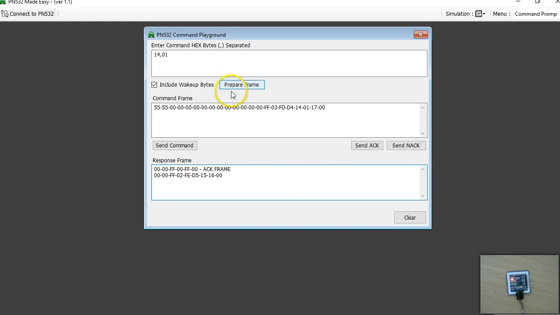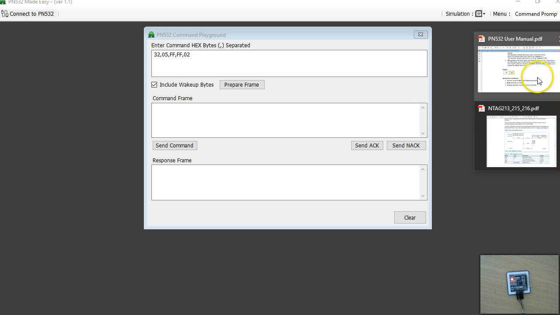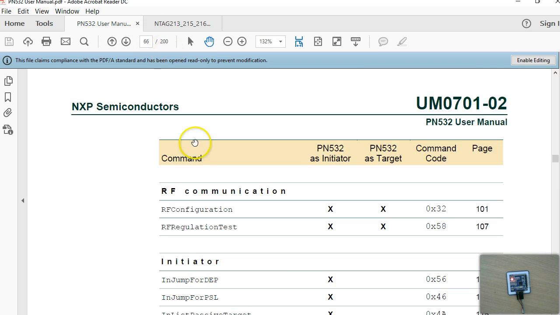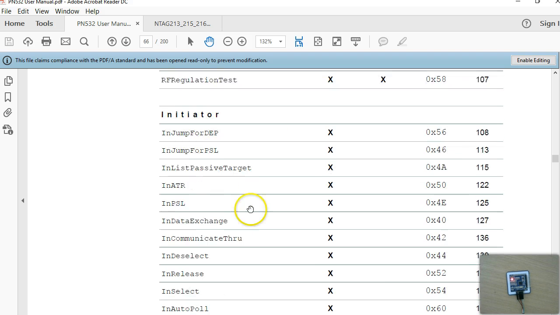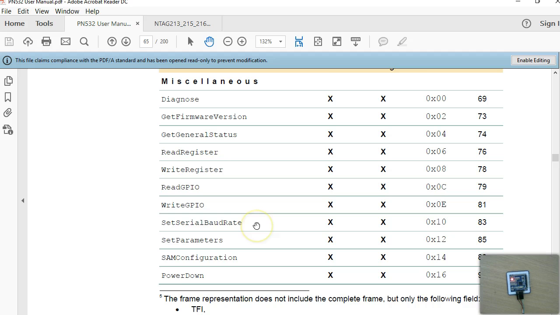So I'm going to try some more commands here. I'm going to clear this. I'm going to try this command called setting the maximum retries. This is also one of the RF configuration commands, which is also present in this documentation. So I mentioned this, go to page 66 and look for, I think it's RF configuration, or probably it is